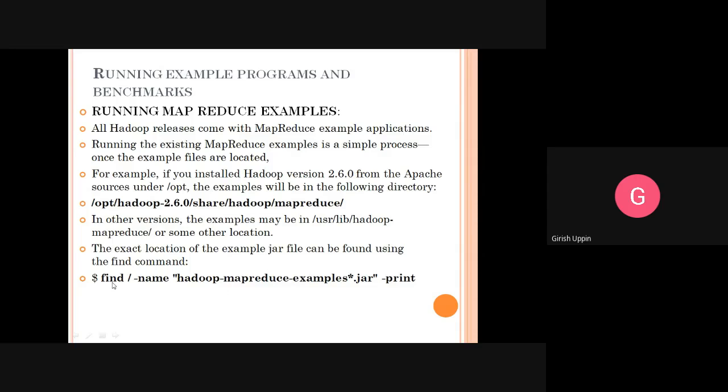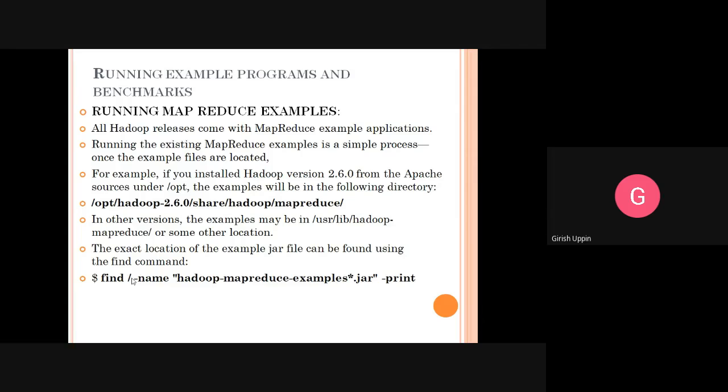The find command will search the file system for whatever key you give. Then you give the location where to search. We have given the forward slash, which means we want to look into the complete file system. The forward slash is nothing but the root directory.